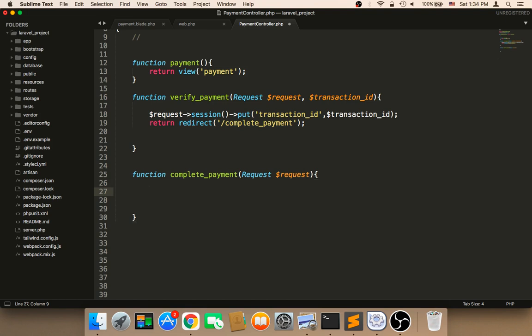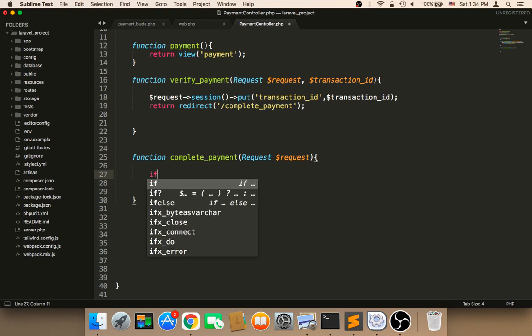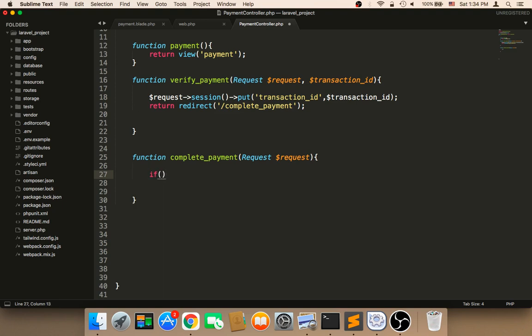And then the first step in this function is that we need to check whether we have a transaction ID or not. And also we need to check whether we have an order ID or not. Because if we don't have these two, it means that the user has not completed payment. It means that the user did not pay yet. So the user might create an order but might not have paid. So first of all, before we complete payment and approve payment and deliver anything to the user, we need